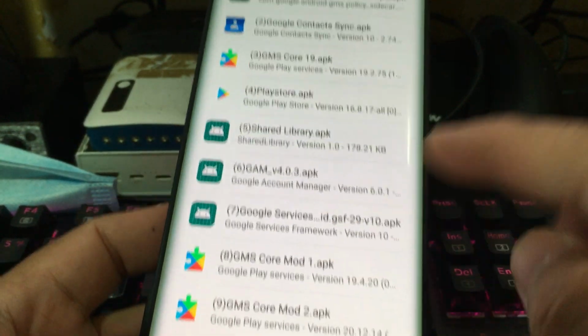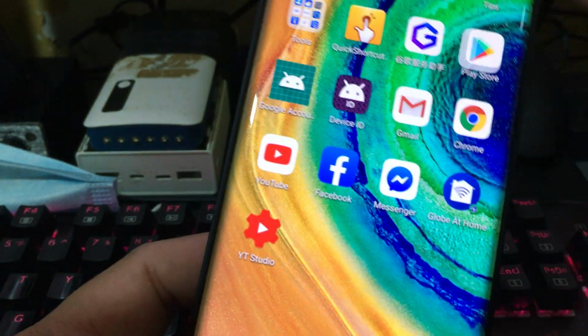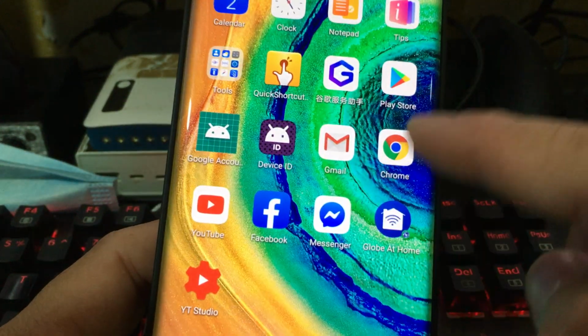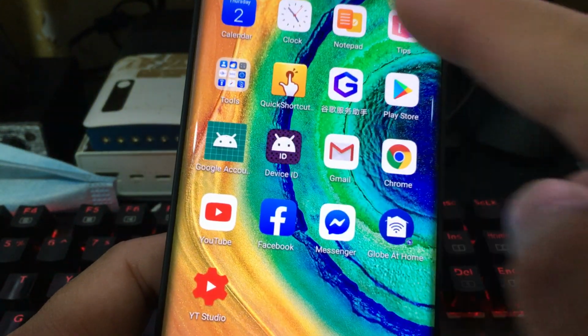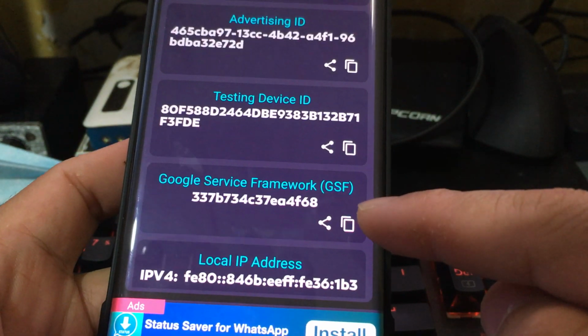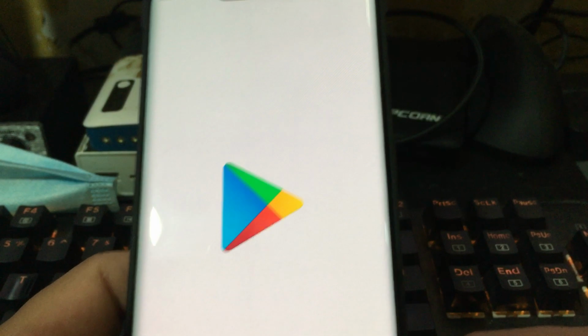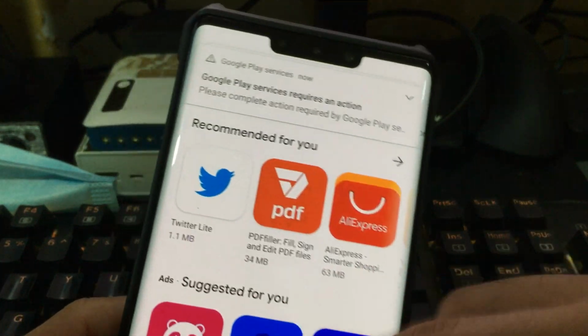And it's done. Let's see. Opening our Play Store, it won't. Let's check the ID. There's already one there, regenerated, so let's check the Play Store. It should load like that,